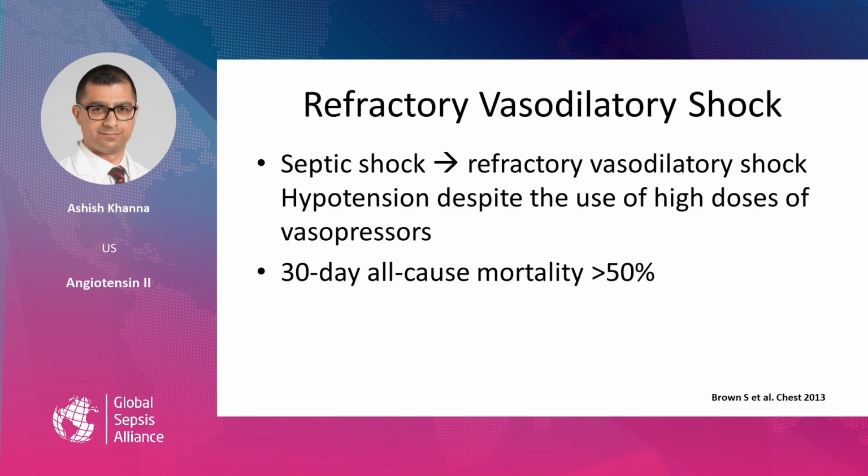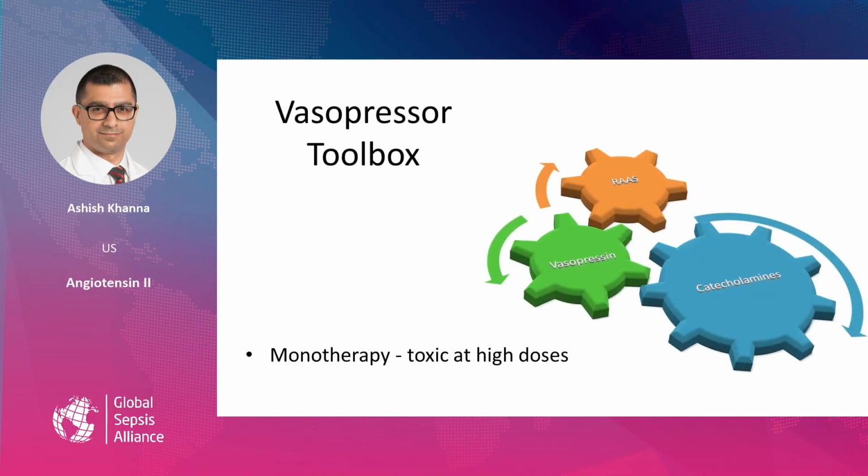But what is very clear in literature is that exposure to high-dose vasopressors is bad, in that 30-day all-cause mortality ranges anywhere between 50 to 80% in patients who are exposed to high-dose vasopressors and who are faced with a refractory vasodilatory shock syndrome. The vasopressor toolbox that every intensivist has as of now is largely composed of a lot of catecholamines, norepinephrine, epinephrine, norepinephrine being our go-to drug to treat hemodynamic instability in vasodilatory shock or septic shock, followed by vasopressin, and